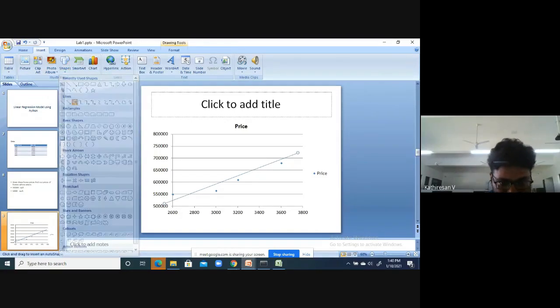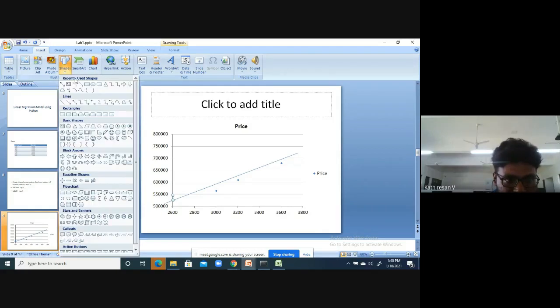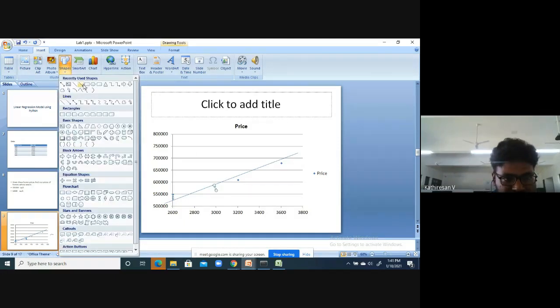Yeah, this is the gap, right? And here the same gap is there between this and this. Yeah, these are all the gaps or the errors, we can say.